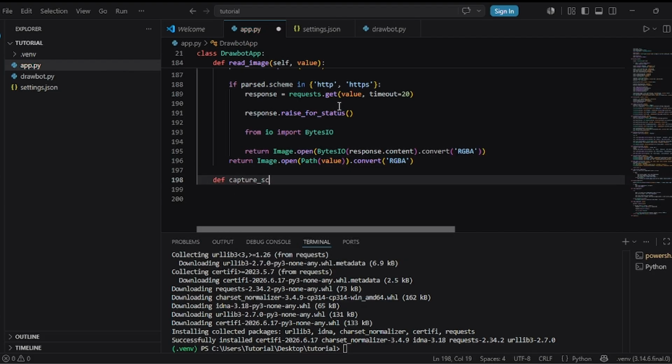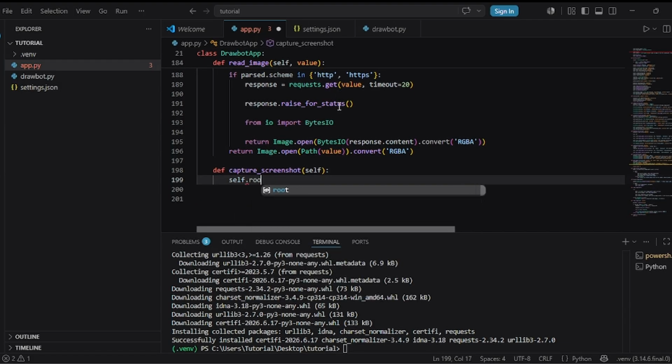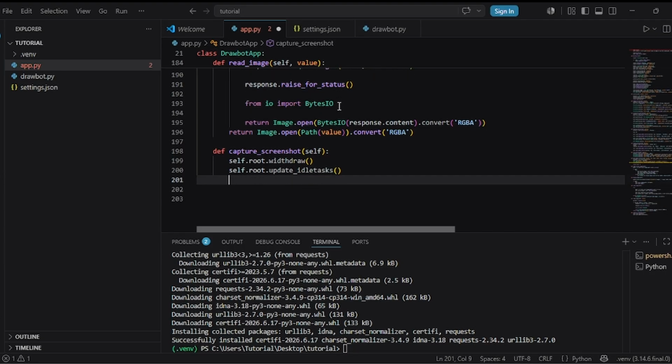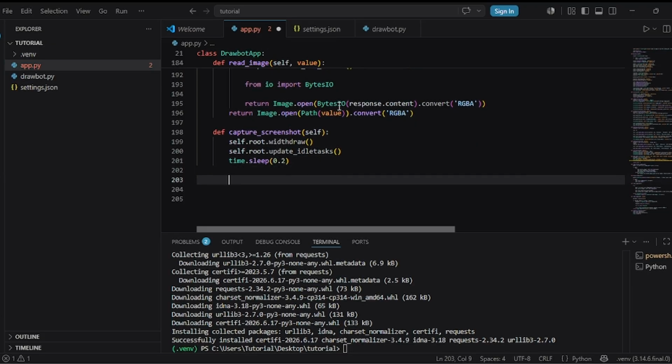So capture screenshot. So now it's going to withdraw from the decanter window and update. It's going to wait for a sec. And then it's going to capture the full desktop as one image. So screenshot,